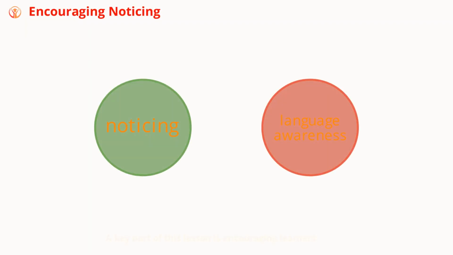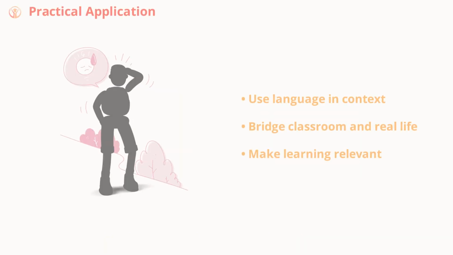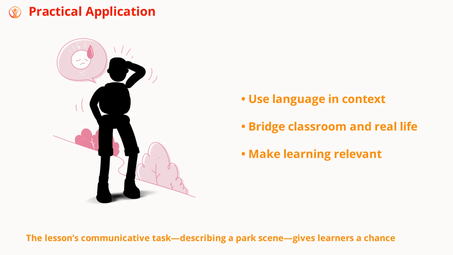A key part of this lesson is encouraging learners to notice the differences between old and new structures. By actively comparing sentences, students become more aware of how language works, which leads to deeper understanding and better retention. The lesson's communicative task, describing a park scene, gives learners a chance to use the present continuous tense in a meaningful way. This practical application helps bridge the gap between classroom learning and real-world use, making the new structure more